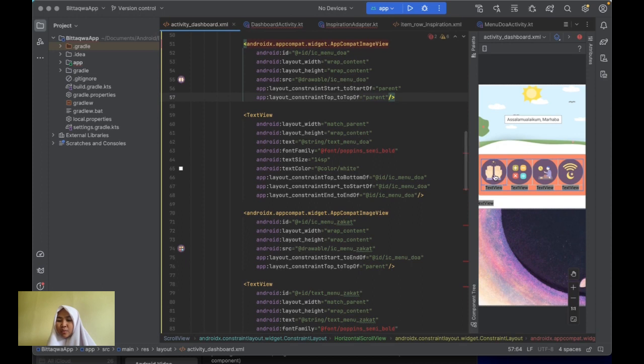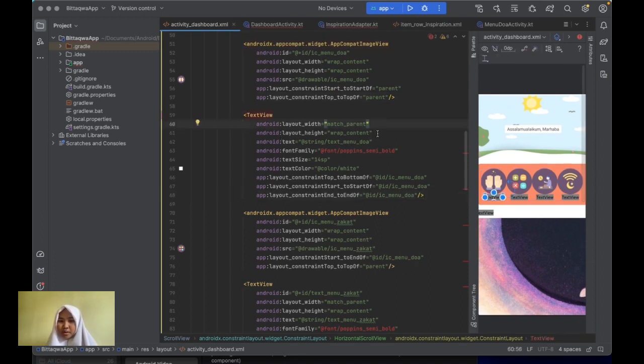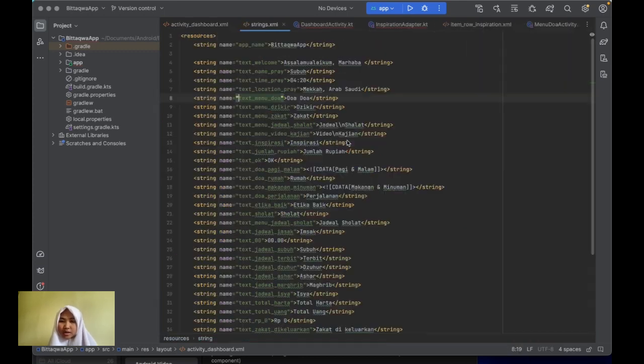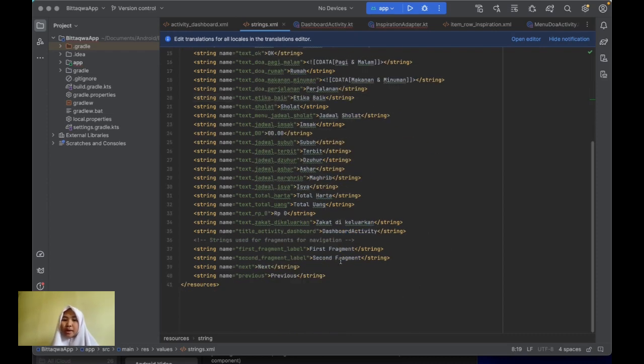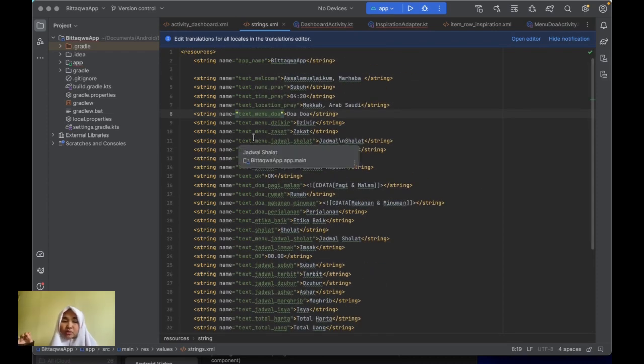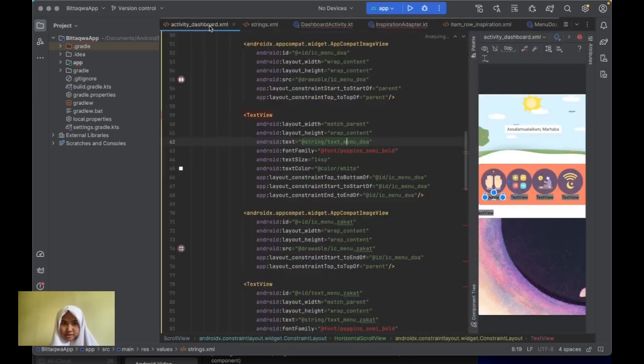We give a text view, and above this icon there is text, right, and this text has layout width match parent. Yeah, match parent, and then we give the layout height wrap content, and the text is, we call the text in string. I already said to you guys, if we want to add some text, we must make a string first. We must make the XML string first,